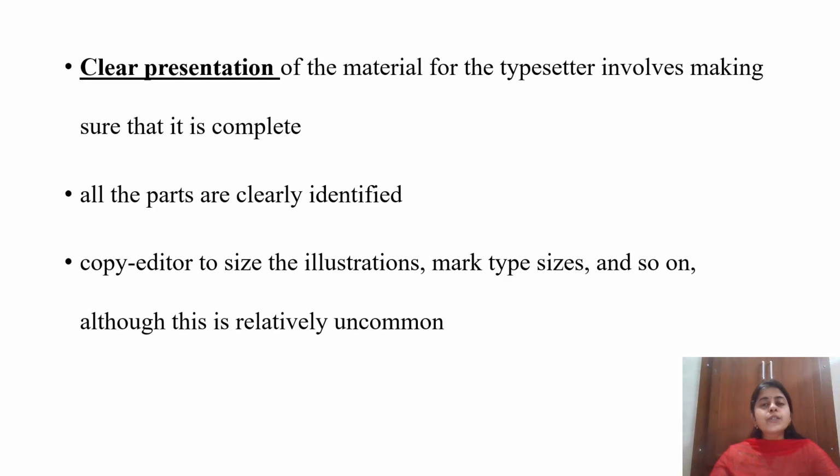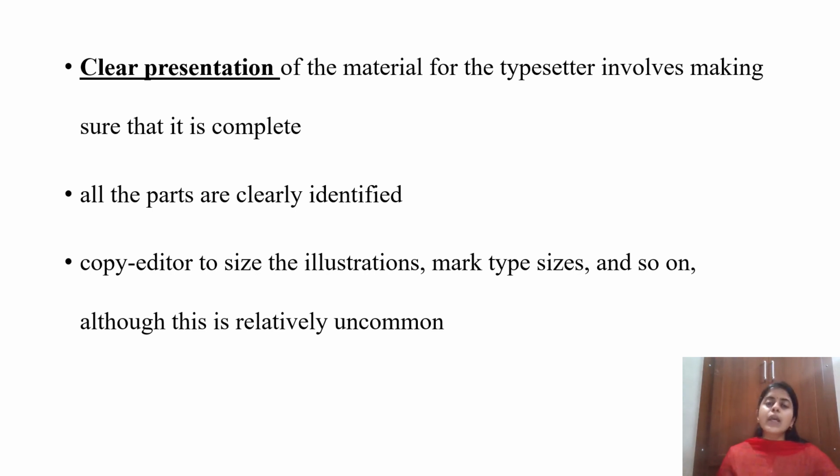The main purpose of all these copy editing stages is to ensure clear presentation from the author, so that the copy editor can send the text to the typesetter, the typesetter is able to format the text clearly, and when it is sent to the proofreader, the time is limited and they can also reduce the cost. Otherwise, if the text goes without copy editing or the copy editor's suggestions, what would happen?